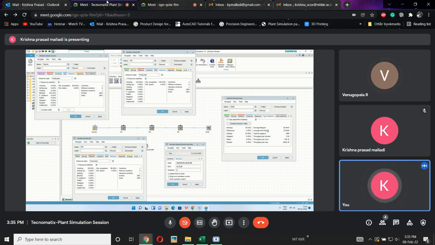Here in the drain, we have collected 1889. So the total throughput of this process is 1889 parts. This plant simulation is also capable of doing throughput analysis and throughput optimization. So here 1889 parts is there. Everything will be collected in a line, so this is a line assembly or a line production line.